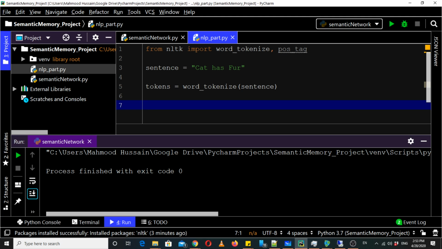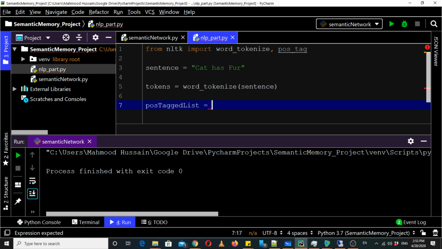And then we need the POS tagged list of words.